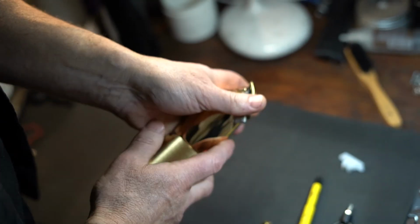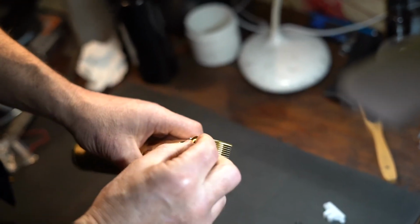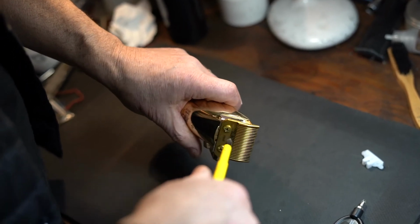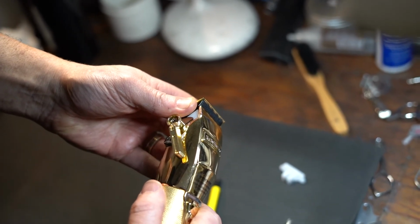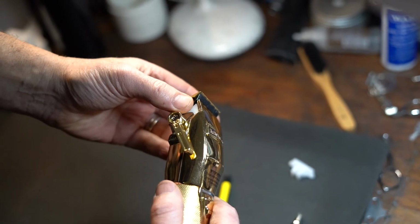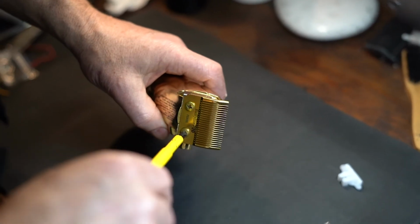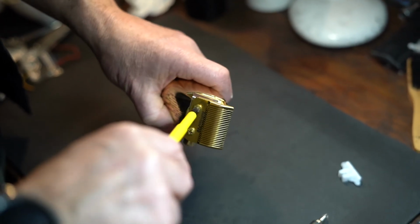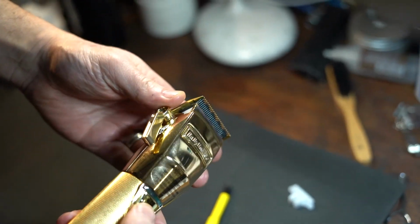Get the first turn of your screw in there so that everything stays in place, and then you can start to gap it as you so desire. When it comes to gapping or zero gapping, I just eyeball it. I mean, I can move it still a little bit, it's not fully tight. I leave a little bit of space there between the cutting blade and the stationary blade, and then I will tighten loosely, and then a little bit more, and then a little bit more, back and forth, double check, and